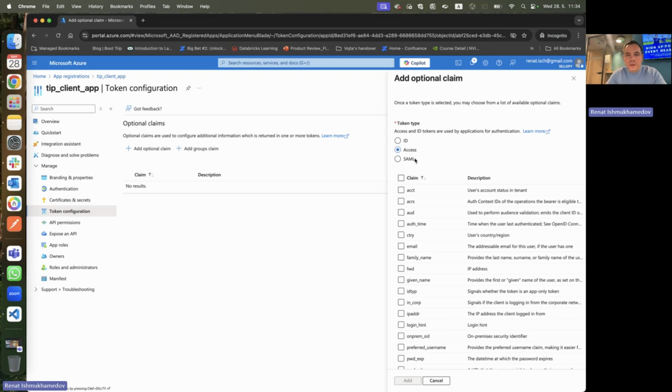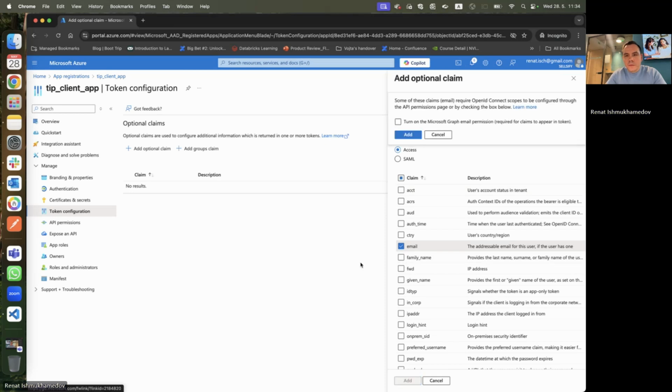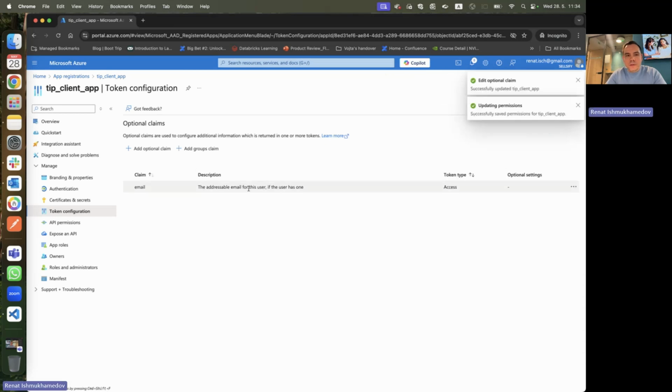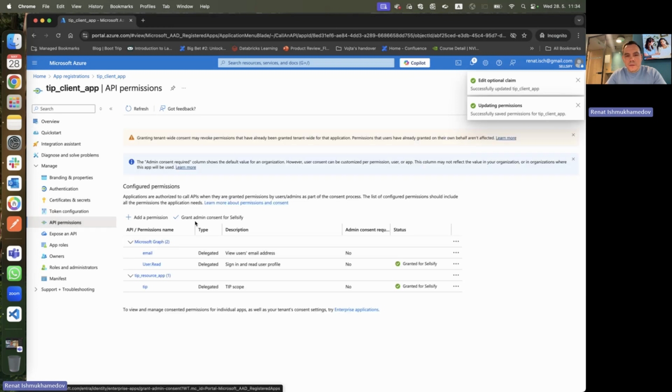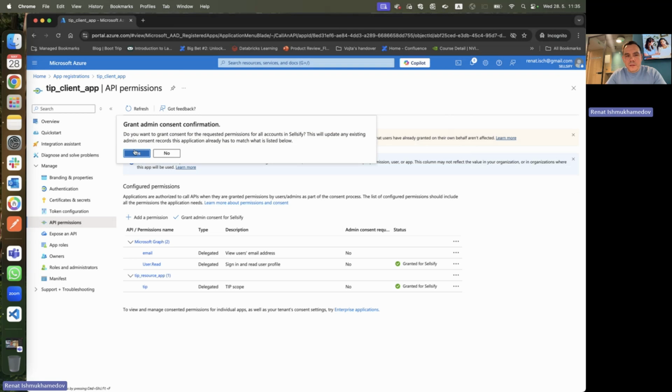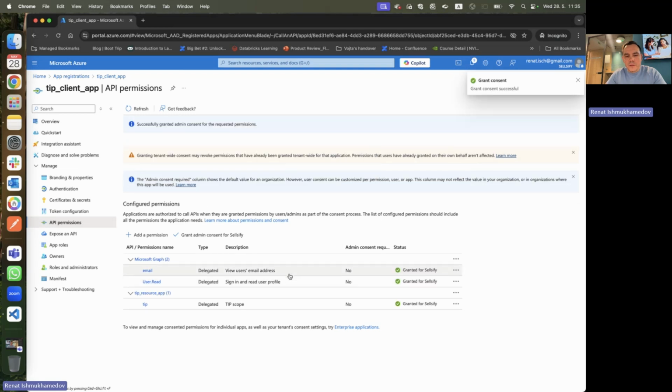So you need to make sure that you assign this email claim to the access token specifically. So I click add, and I need to turn on the Graph APIs in order to get this claim. As you can see, I also need to once again grant an admin consent to the email claim here,